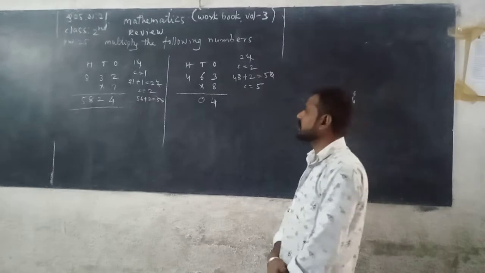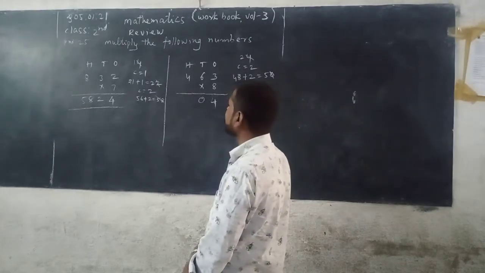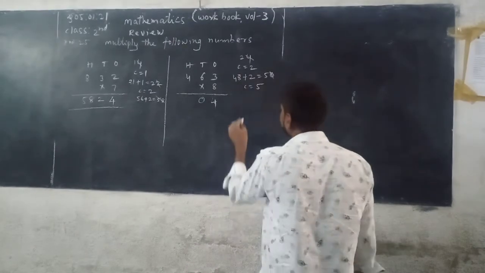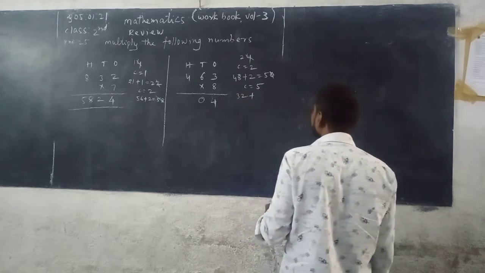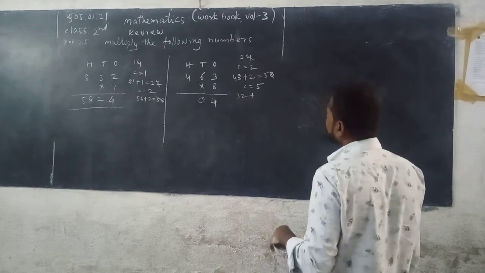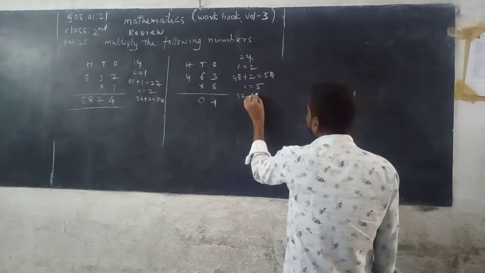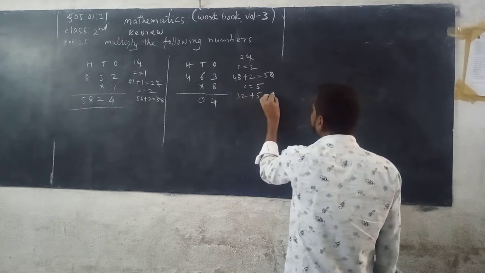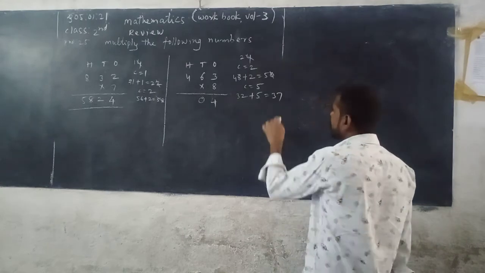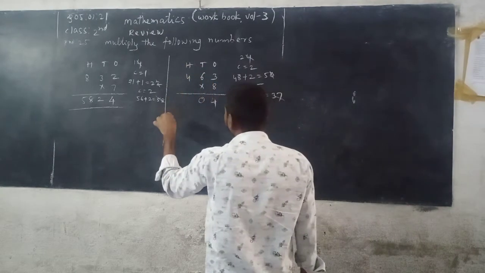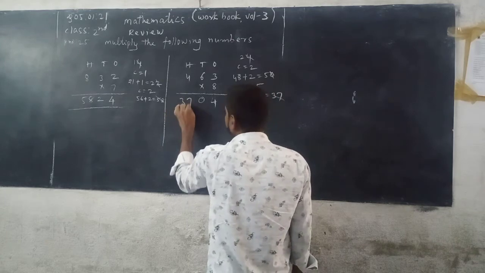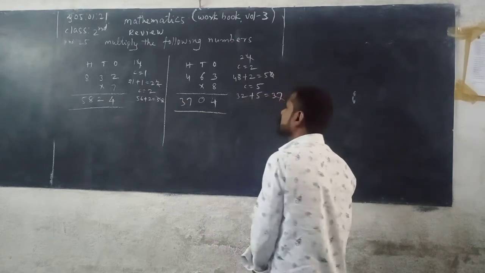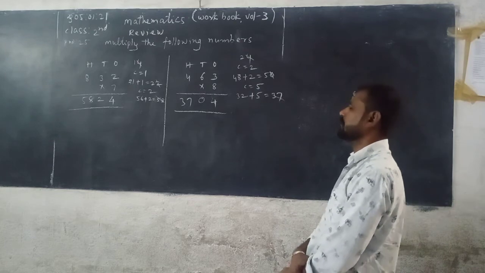Next we multiply the digit in the hundreds place, that is 4 with 8. 8 4s are 32. But the previous carry 5 is added to 32. 32 plus 5, you get 37. Then you can write 37 in the hundreds column of the product because this is the last place of the given number. So the product is equal to 3,700.